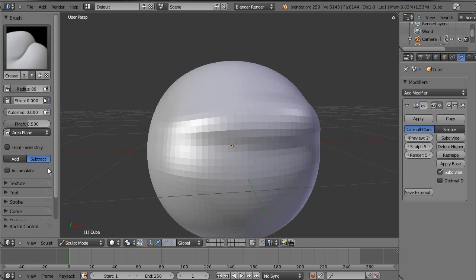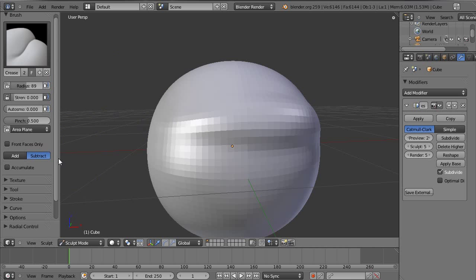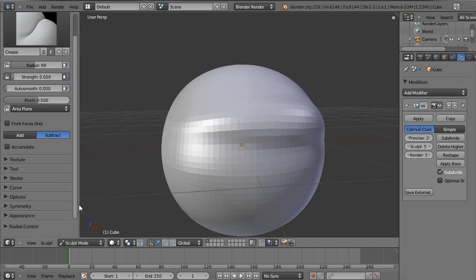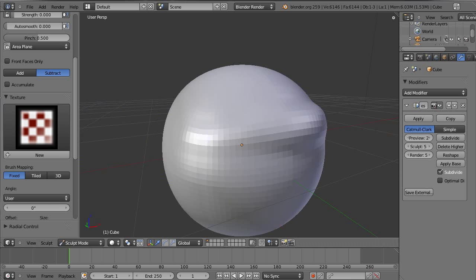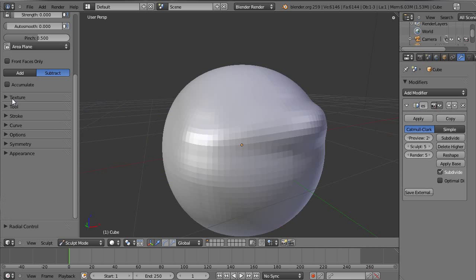Let's just bring this out to see what's going on. Texture can be useful for adding in texture, skin pores, wrinkles, that sort of stuff, rather than having to sculpt in all those things individually. The curve can be quite useful.